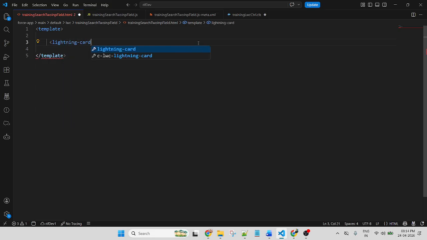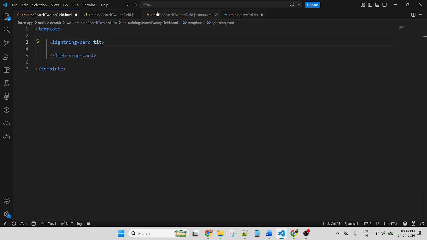Lightning card, title equal to, let's suppose I'm putting the title, search between two dates in LWC.